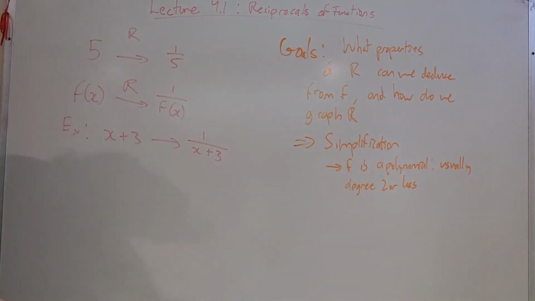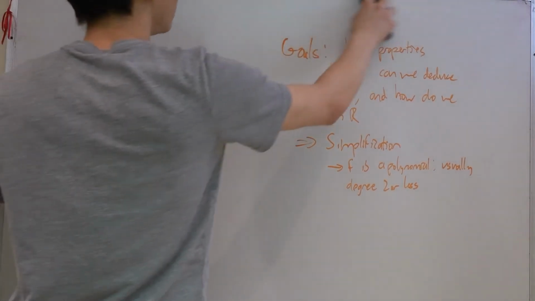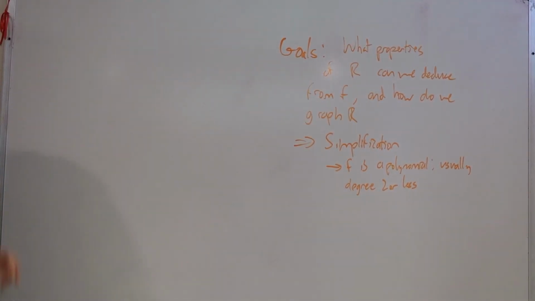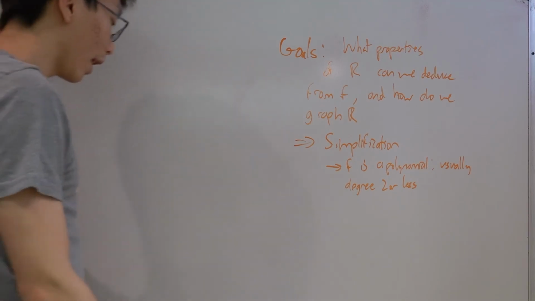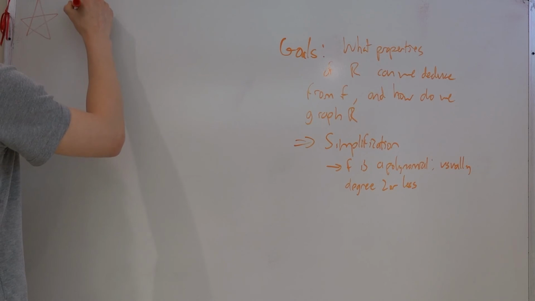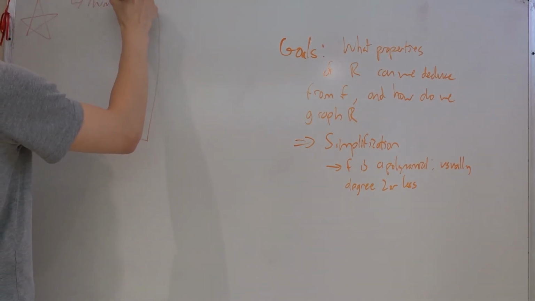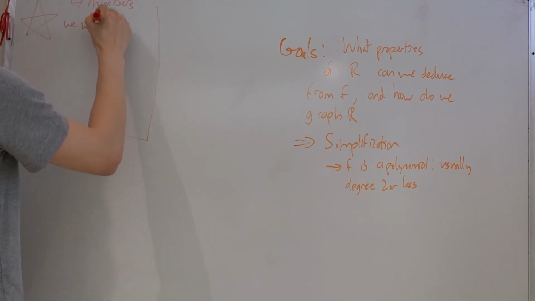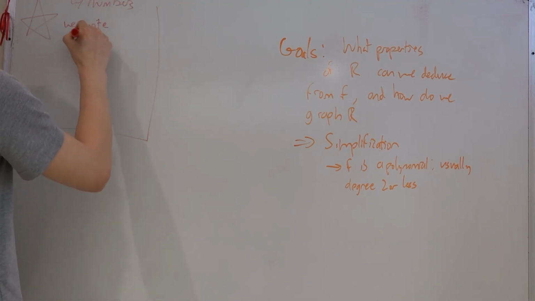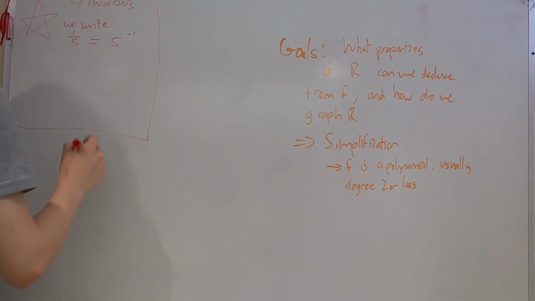Alright, so the first big warning that I'm going to leave up on the board, I'm going to try to leave it up on the board as long as I possibly can, because this is a huge warning, and you're guaranteed to make this mistake at least once if you're not careful. Okay? So here's the huge mistake. Okay? Normally with numbers, we write the following. If we want to write 1 over 5, this is the same thing as 5 to the negative 1. But for functions,